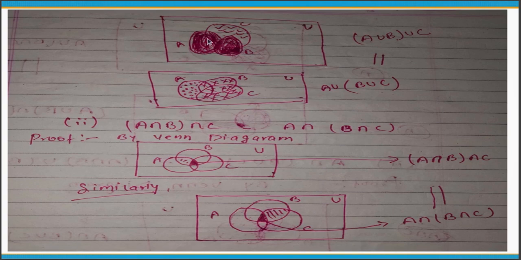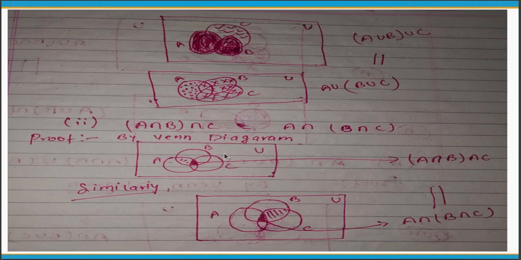Here is given a Venn diagram with three sets A, B, C. First you do A union B, shaded in this way, and now union with C, shaded with tick marks. Then (A union B) union C is the whole part of sets A, B, C. Similarly, you can perform the bracket part first: B union C is shaded by cross, then union with A by dots. This means all elements of sets A, B, C, so both are the same. You can prove it by diagram easily.